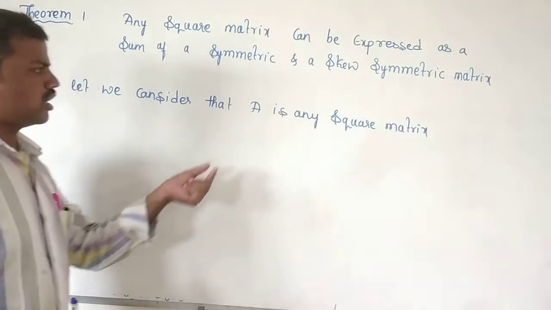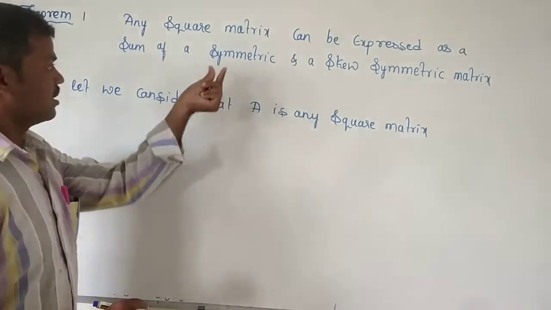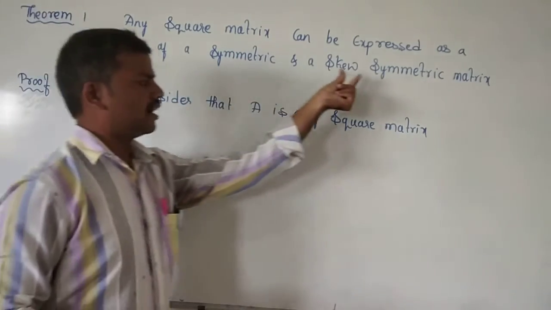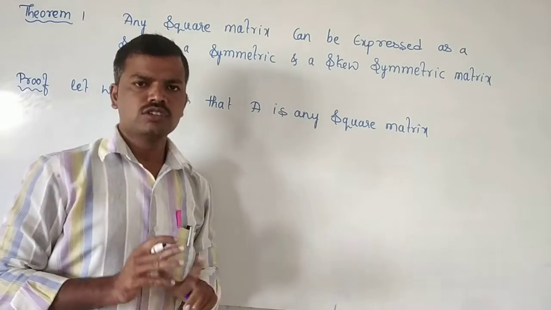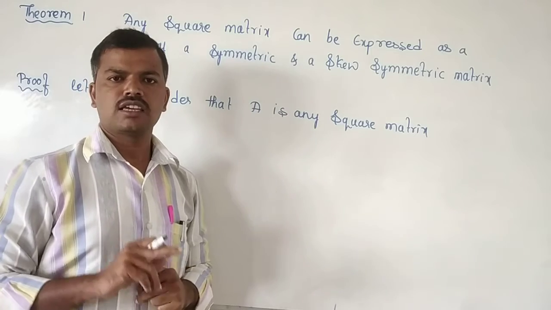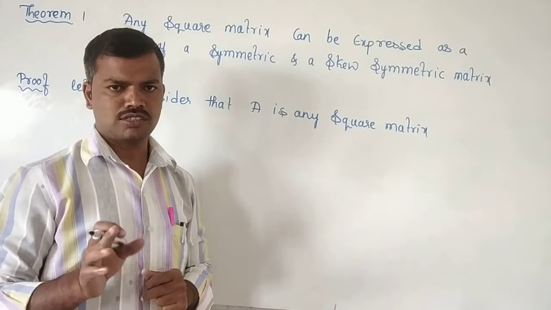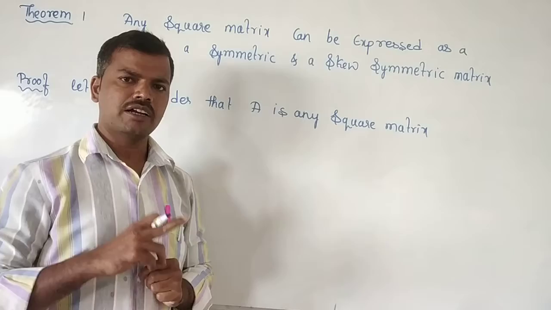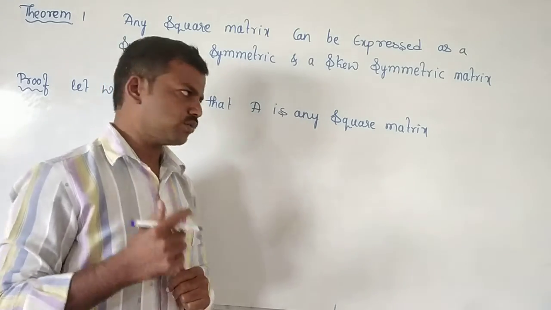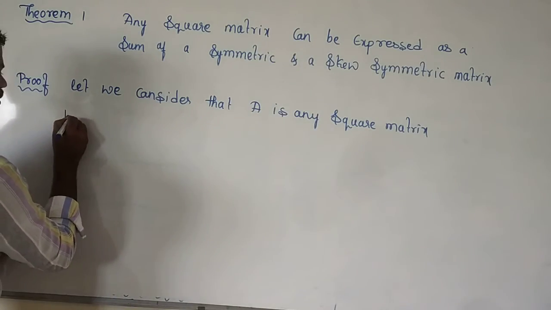Now we have to show that A can be expressed as a sum of a symmetric and a skew symmetric matrix. So already we know that A plus A transpose is symmetric and A minus A transpose is skew symmetric. We know that